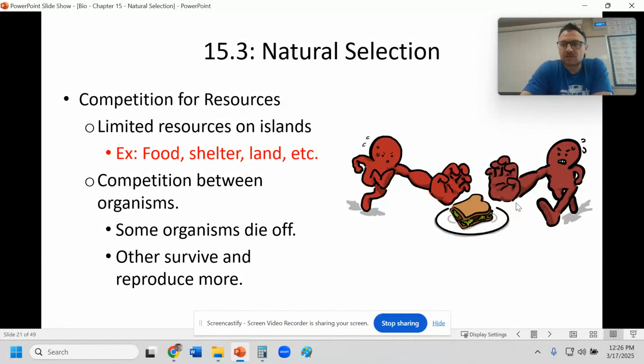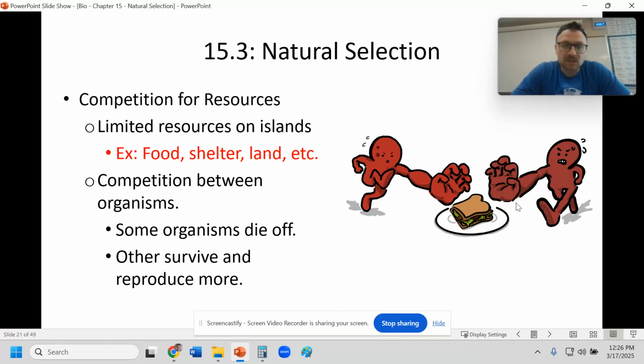So, in our next section, 15.3, we're going to talk about what Darwin actually saw. And what Darwin saw was a competition for resources. Obviously, on these islands, you're going to see a fierce competition for a small amount of resources. That's because islands don't have a lot of those resources, since they're very far away from the mainland, and if you leave the islands, you're just going to find more water. So the competition we see on these islands was almost like a perfect experiment for us to witness evolution.